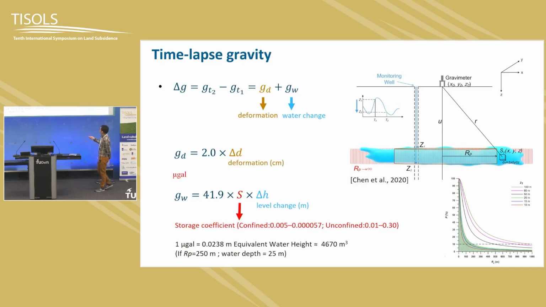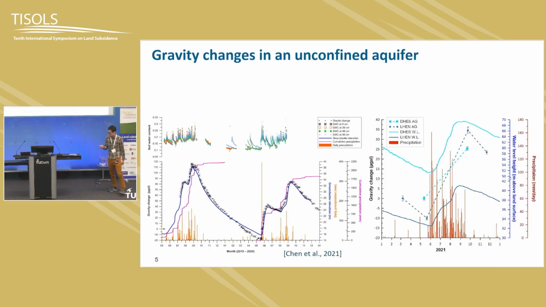But in our case, we're looking at somewhere that's a clay-dominated area, which is supposed to be only confined aquifer. But before looking forward, I will show you this. If you are in a purely unconfined aquifer, you will see that the black dot, the gravity change, is very consistent with the groundwater level change. In this case, we put it over 1.5 years.